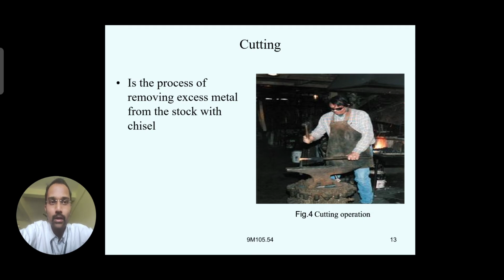From the stock, whatever the total length of the bar is, we call it a stock. From that, in the heated portion, if you want to cut, for example 10 mm, you can cut at that part, by placing a hot chisel. Why? Because the part is heated. If it is a cold workpiece, we can generally prefer cold chisels to cut that by applying the hammering action.